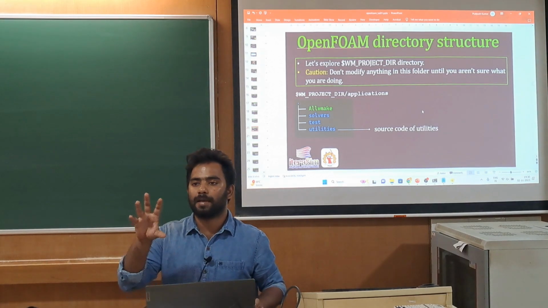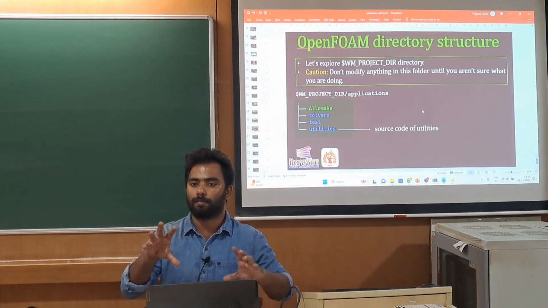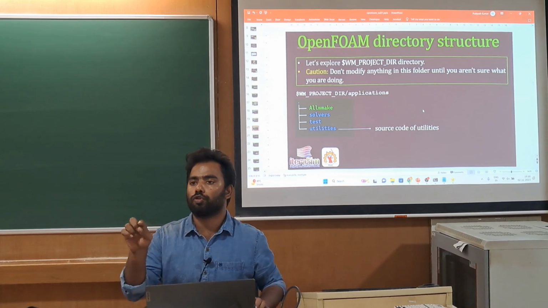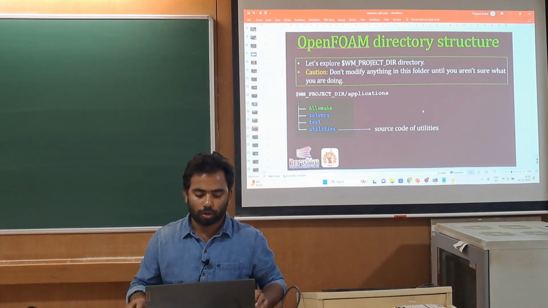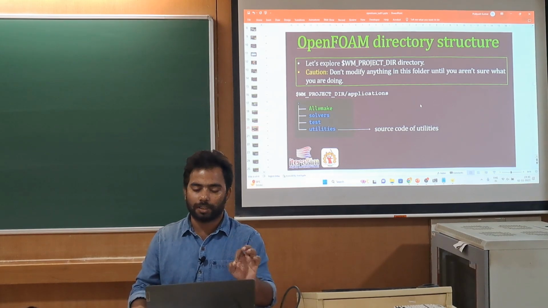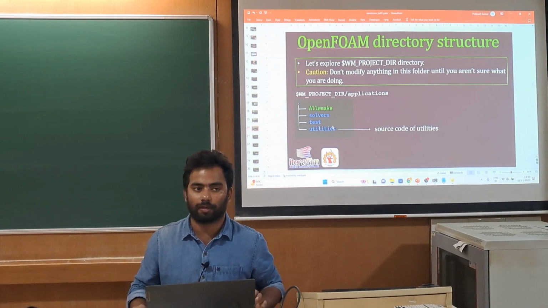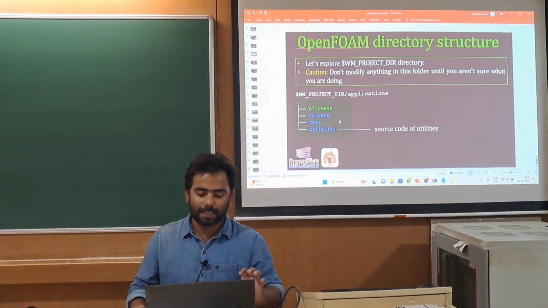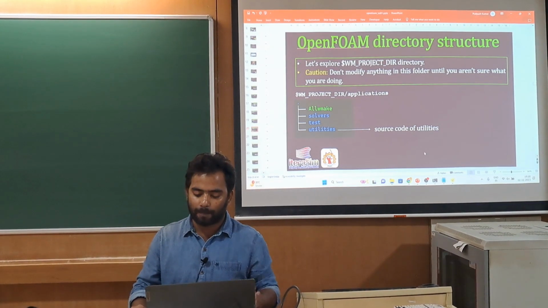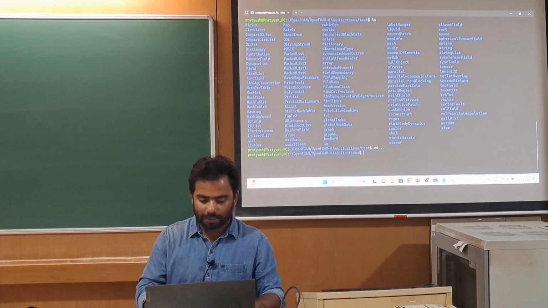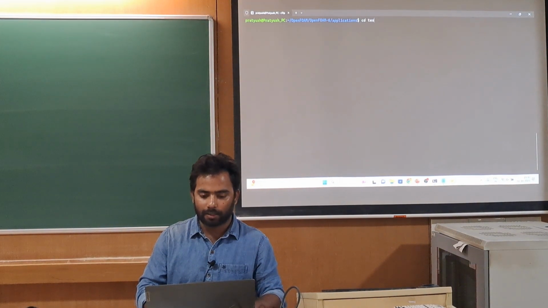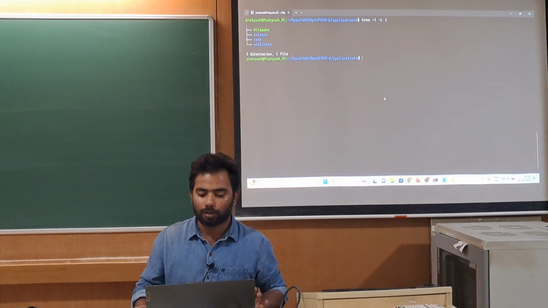If you want to check the meshing details of the mesh, then you run the command checkMesh. checkMesh is also a kind of utility. So all the folders related to utilities you can find in this utilities folder. All of this is part of the applications folder. So these three folders are very important, and they are related to the application part.